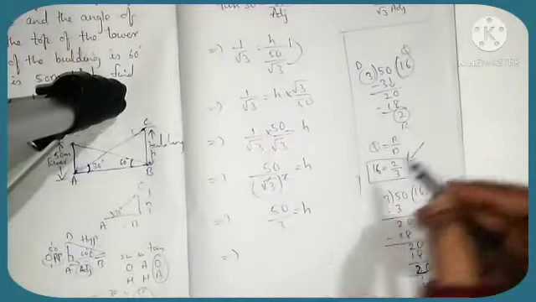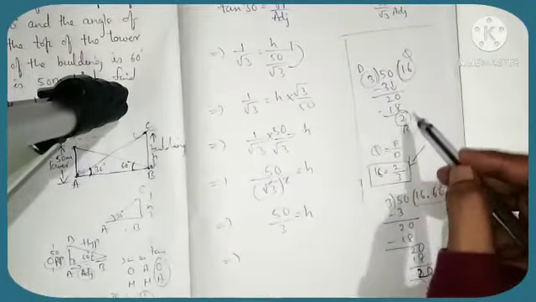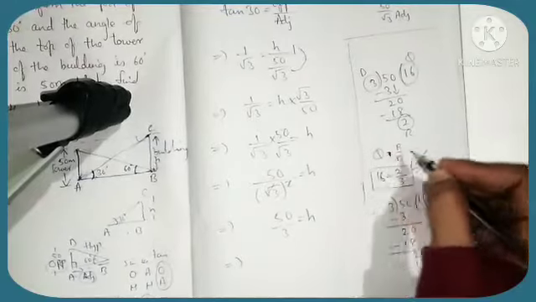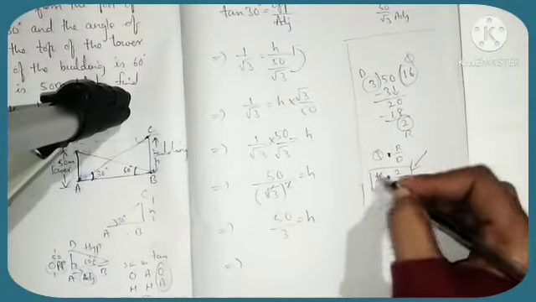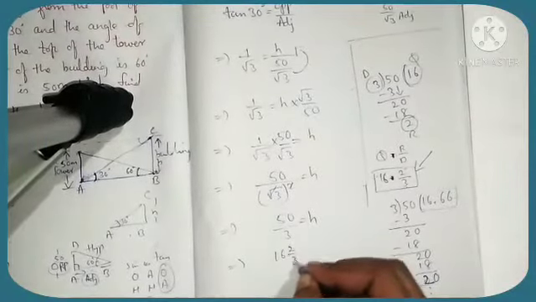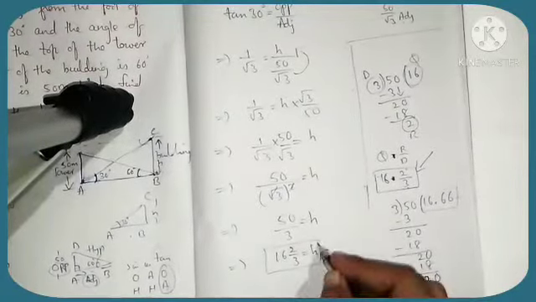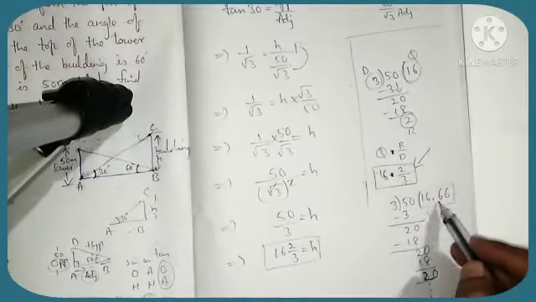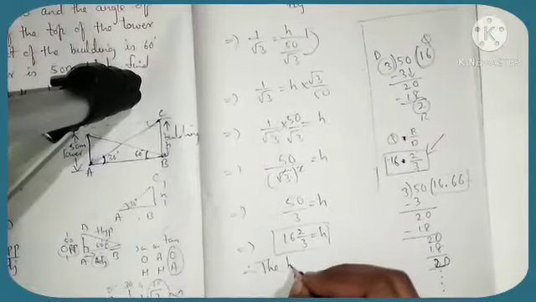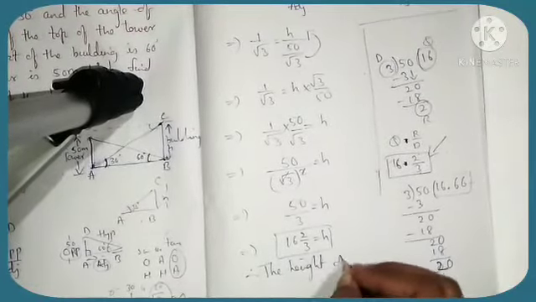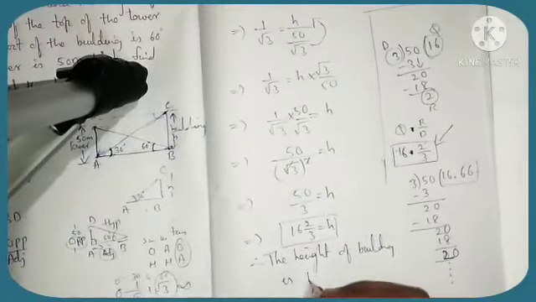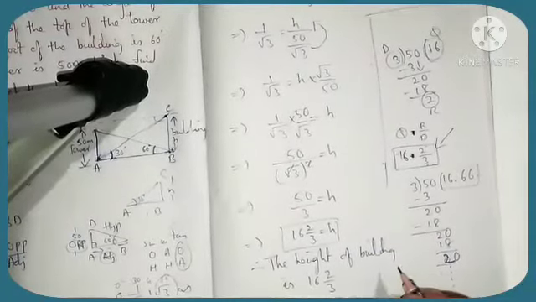So here I have divided this. Okay, so this I got quotient, remainder by divisor. You can change it into quotient, remainder by divisor. Quotient means 16, 2 by 3. You can take its value, in its place 16 2 by 3 as the value of h. Or else you can take the height of building as 16.666. Okay, therefore the height of building is 16 2 by 3 in mixed fraction.